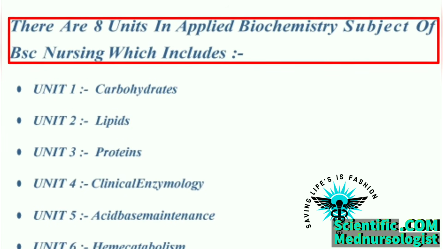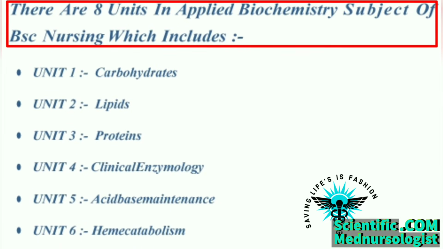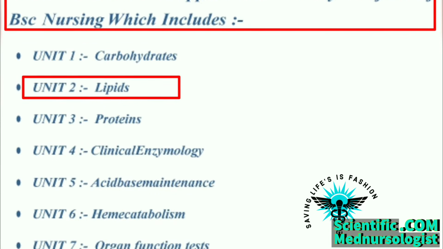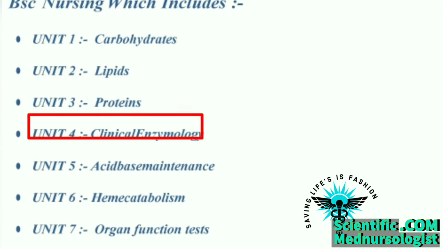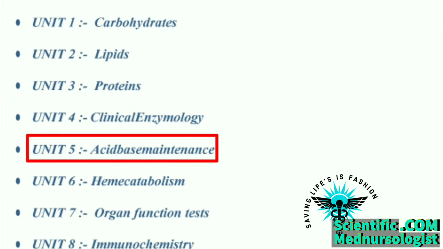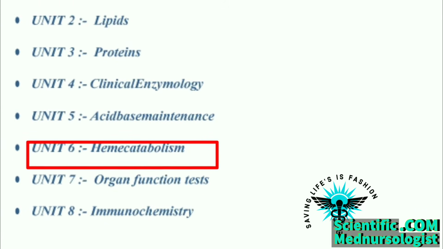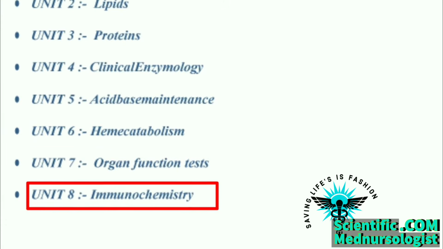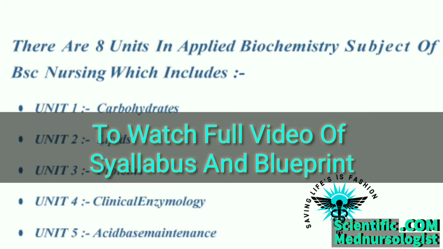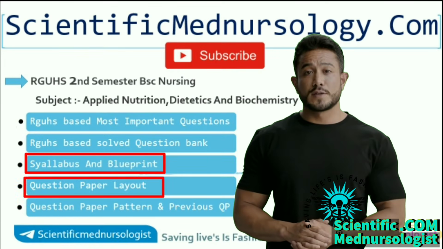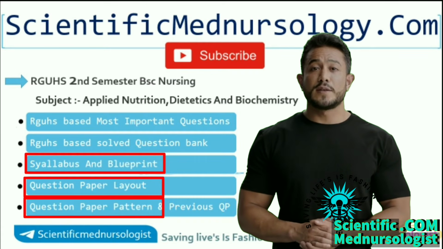There are 8 units in the Applied Biochemistry subject, which includes Unit 1 carbohydrates, Unit 2 lipids, Unit 3 proteins, Unit 4 clinical enzymology, Unit 5 acid base maintenance, Unit 6 heme catabolism, Unit 7 organ function tests, Unit 8 immunochemistry. To watch the full video of syllabus and blueprint, question paper layout and question paper pattern, click the link in